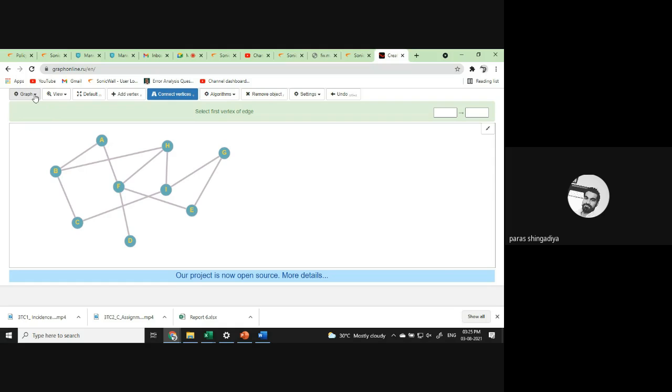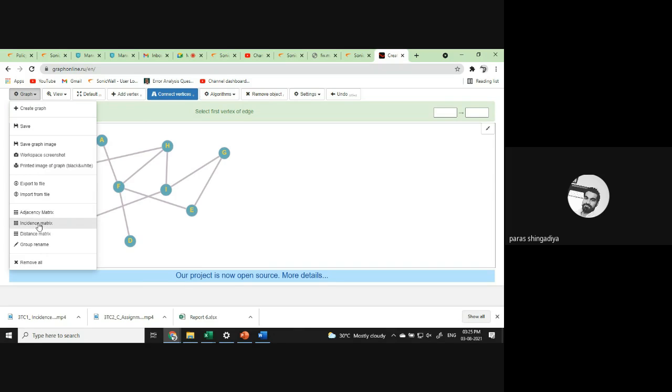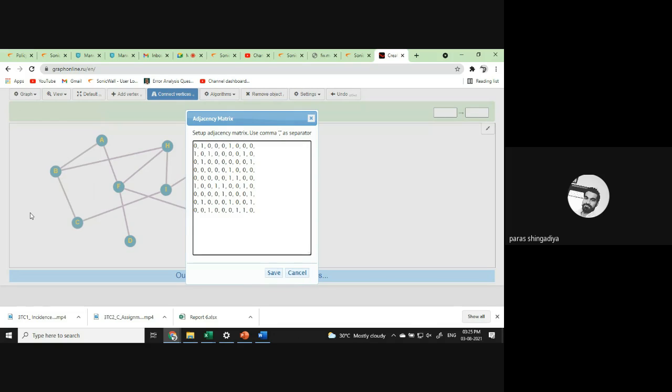One of the options is there. The graph, and these are the data which we will derive in this matrix form. Clear? 1 and 0. 9 vertices are there, so it is a 9 by 9 matrix. 9 vertices, 9 rows, and 9 columns. And these are all the values which will be reflected in the first row, second row, third row, fourth row, and so on.